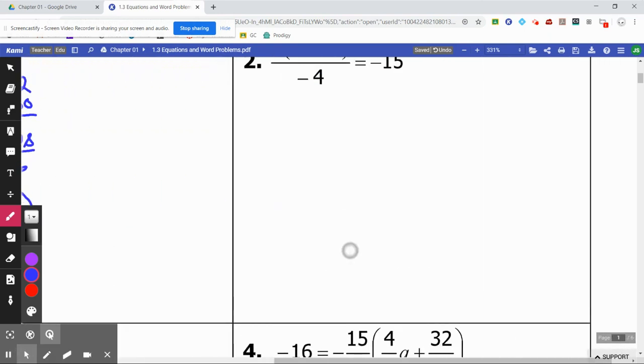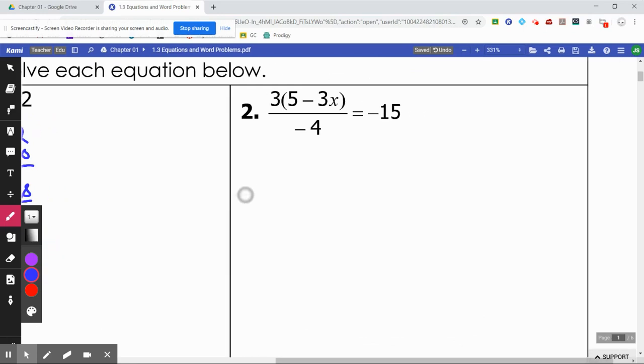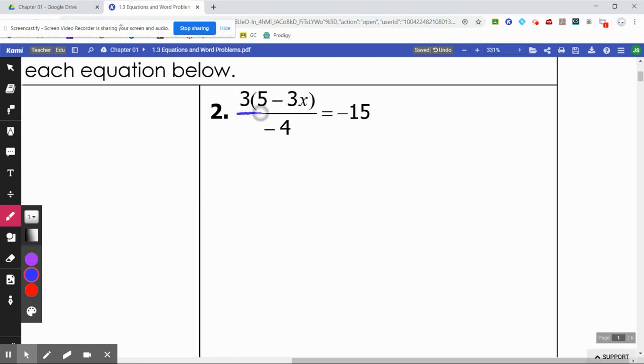Okay, number 2. A little bit different. We're going to start this out with this first step. The whole bottom. Notice the whole side is being divided by negative 4. So what I'm going to do in the very first step to clean this up a little bit, since I have division by negative 4, I'm going to go ahead and mark that out and move it to the other side by multiplying by negative 4. So now I have 3 parentheses, 5 minus 3x equals negative times negative is a positive, and then 15 times